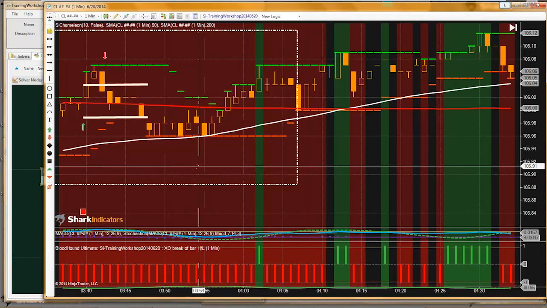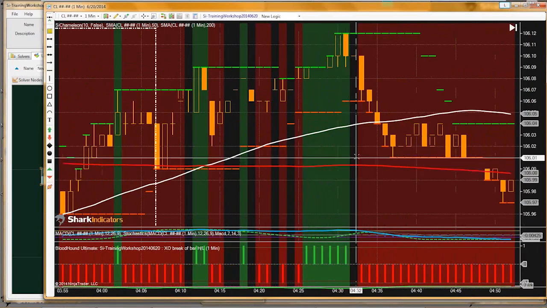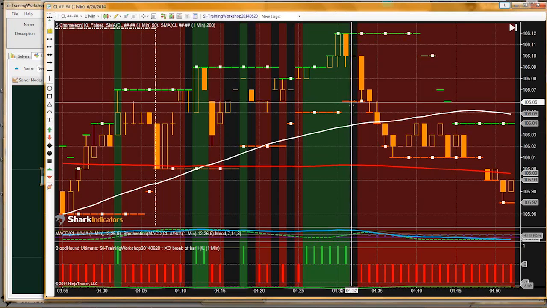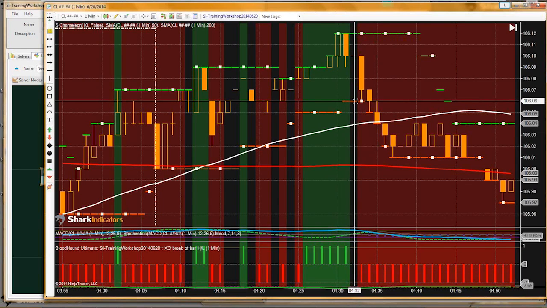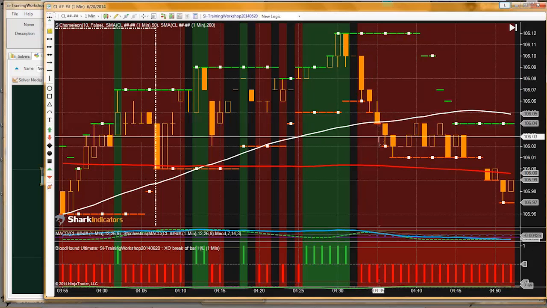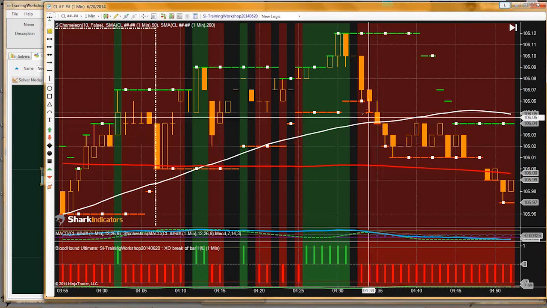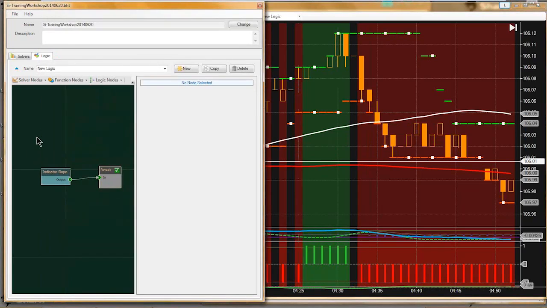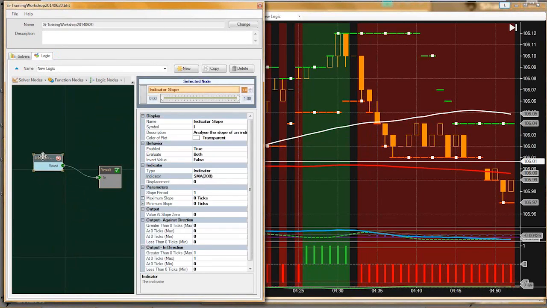Remember Chameleon is the red hashes here, so if the red hashes are stepping down, that's indicative of the trend moving down. And to do some simple analysis like that,